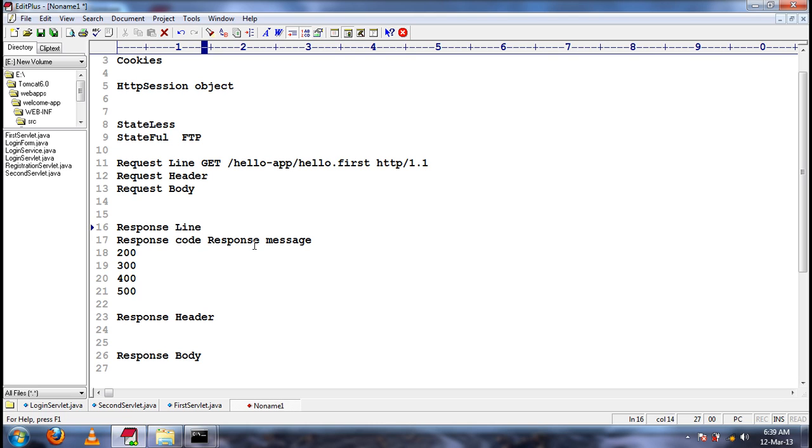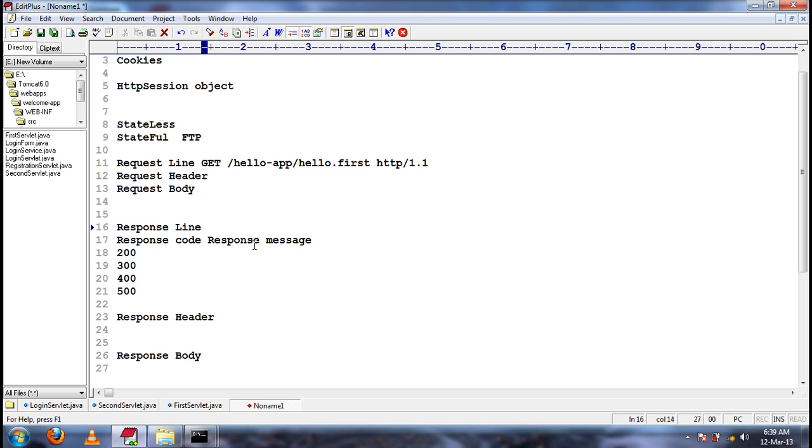In the server, let's consider there is a username and password which is supposed to be shared between multiple requests. What we do is we'll create two cookies, one for username, another for password, and we add those cookies to the response, so that the cookie will be transferred from server to the browser in the form of a response header.